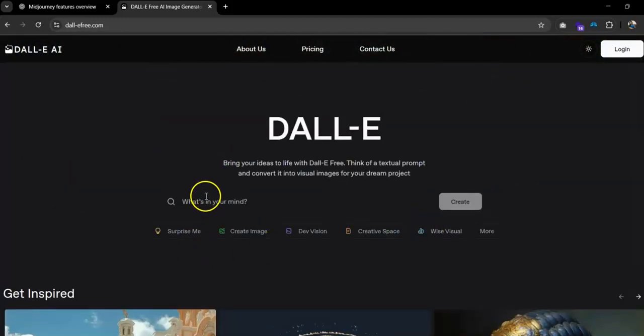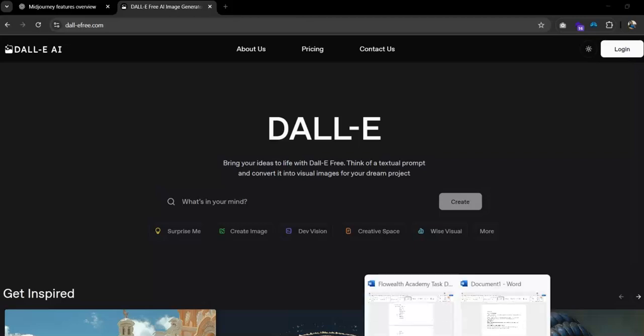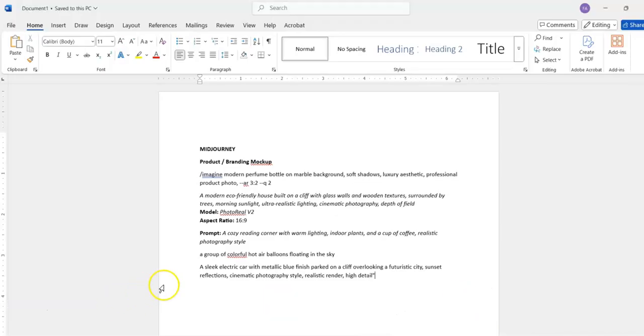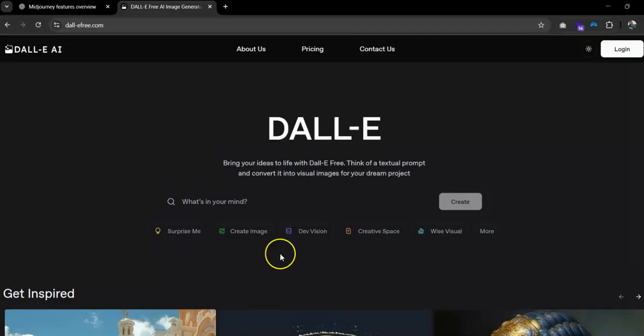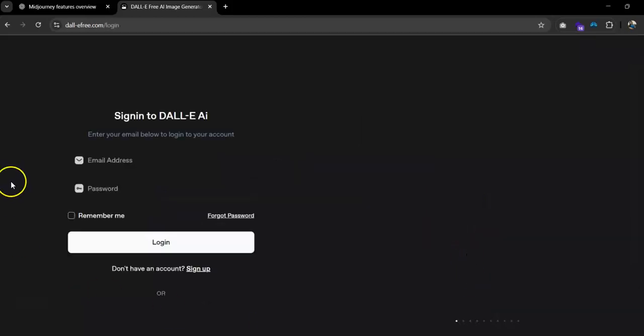Like if I have to give a complex prompt of this type, and then if I have to check this, it will create the form. But for this, you have to first log in to these AI platforms. So if I have to go to the login form,